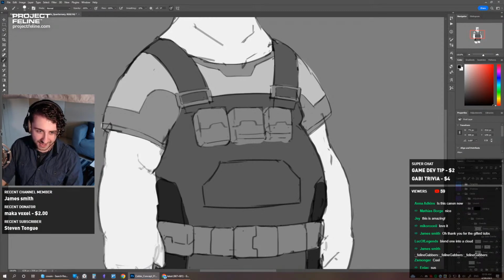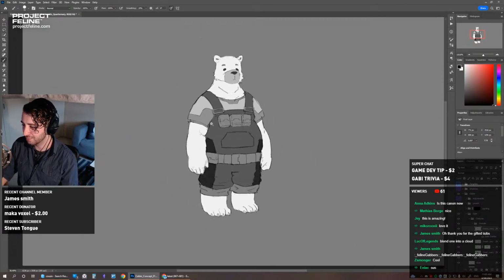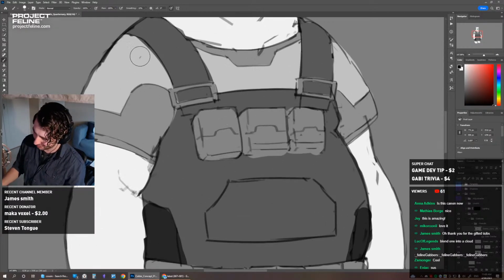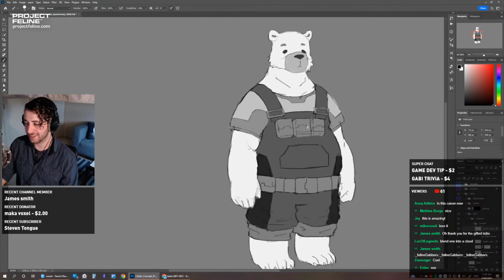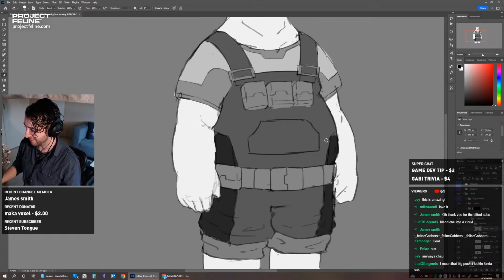Will Felix's hair be ruffled? Maybe. I don't know. I might mess around with that idea. I think I had some concepts where he had 2 different haircuts, and one of them was kind of spiky. The other one was very sort of droopy, which is the one I'm going with at the moment. But I don't know, we'll try stuff. You have to keep in mind that if I try and model it, is it going to be easy to make ruffled hair in a 3D model? That's the thing I'm trying to watch out for too.